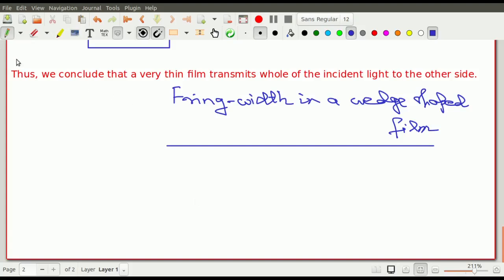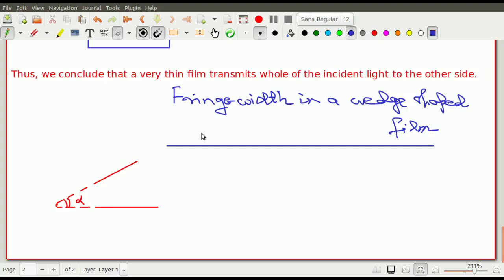So এই কেসে fringe width টা constant আসবে কিনা in the case of a wedge shaped film. So let us try to understand the situation of a simple wedge shaped film. Okay, so let us consider a film of this nature, এই টাইপের একটা ফিল্ম নাও তুমি, suppose this one is your wedge shaped film. This one is the film and this is the dotted line that we join actually, so this angle is alpha